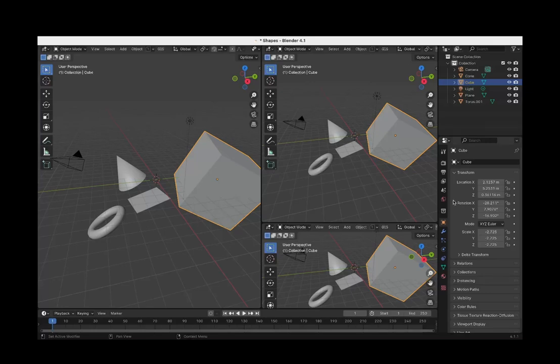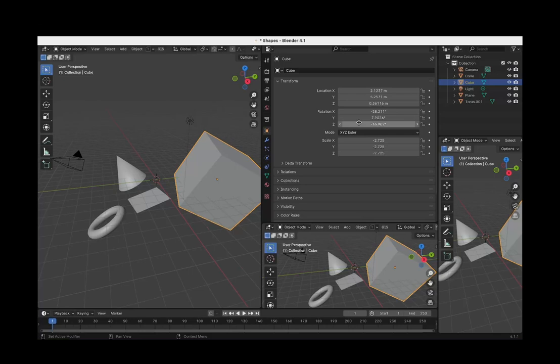So now that we know how we can split windows in Blender, let's see how we can swap them. For example, if I want the properties panel here and a viewport here for some reason, I can right click the boundary between these two viewports and click swap areas. Now you'll see this is the properties and this is a viewport. A very cramped one though.